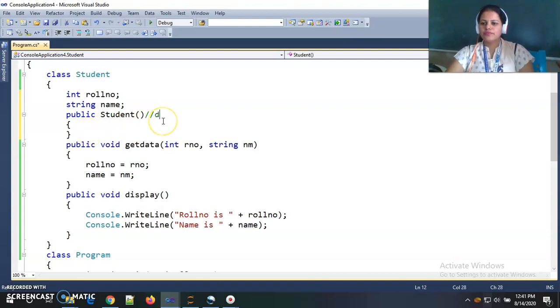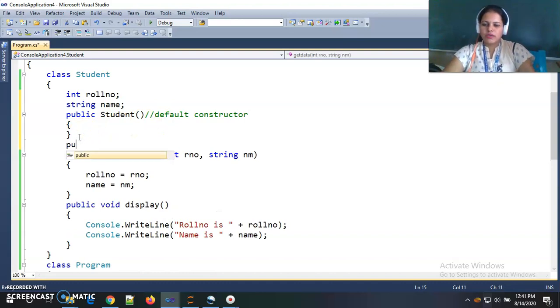This is the default constructor, and if I am passing parameters, then this is the parameterized constructor.